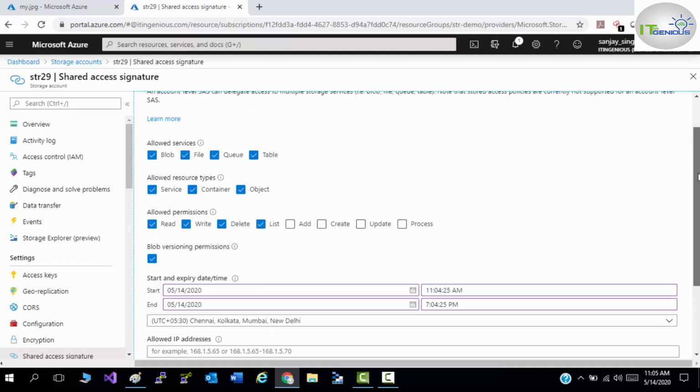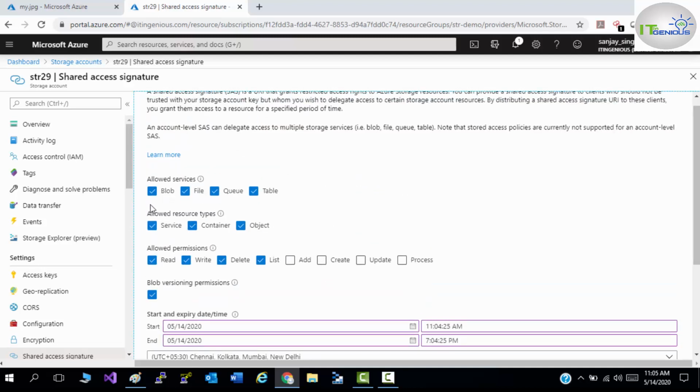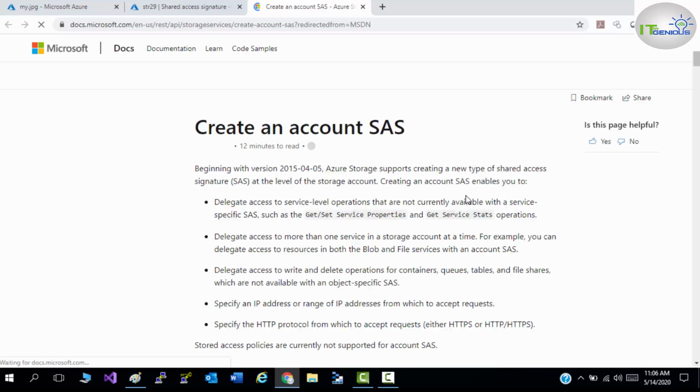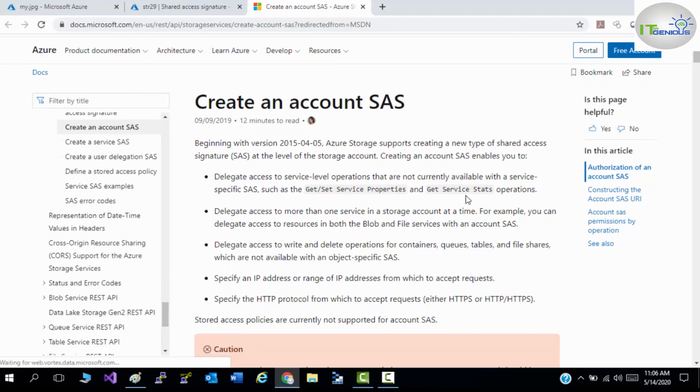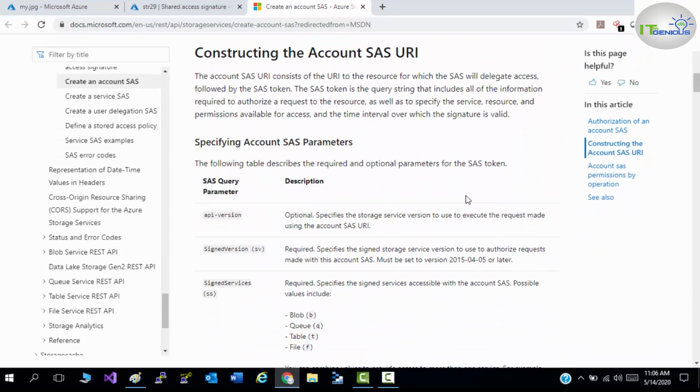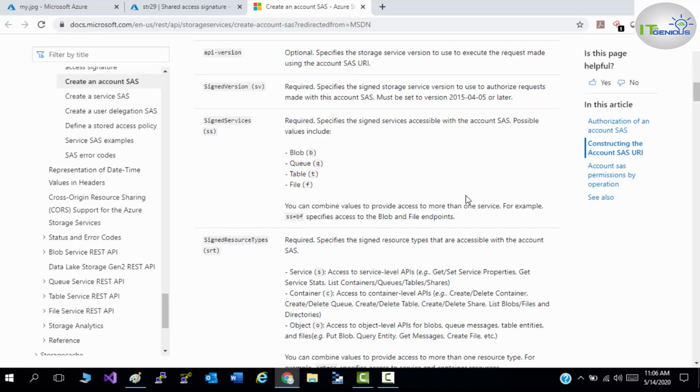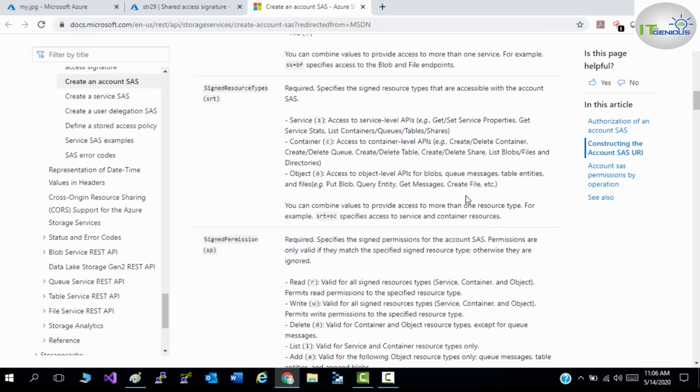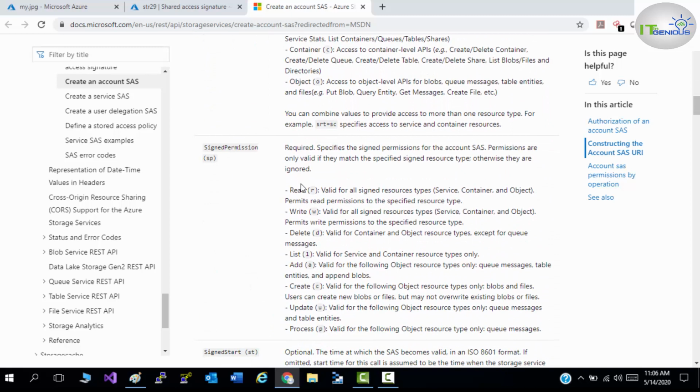These permissions will vary as per the services you have selected. If you want to learn more, you can click here on learn more and see the documentation page, which says which permission will be applied to which resource type. Read will be applied to service, container, and objects, and write will be applied to service, container, and objects.